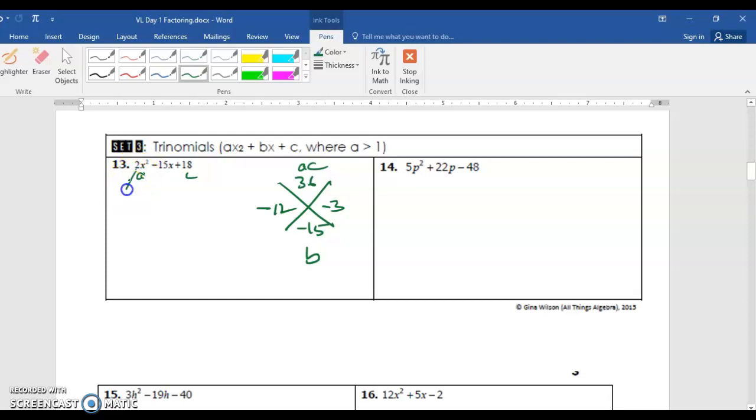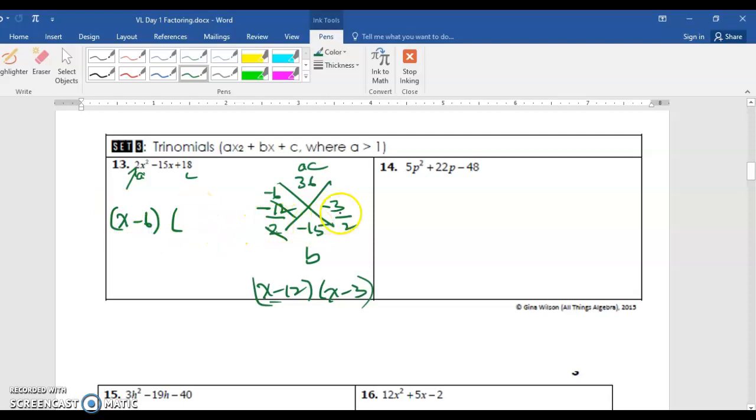So divide each of these by that a, okay? And when you divide, why should we do that? If I just straight out say x minus 12 times x minus 3, for example, then if you multiply them back, you should be getting 2x squared, but we are not getting 2x squared, but just x squared. So that's the reason why you have to take care of that 2 here. So divide by 2 each of them and reduce them to fractions. This is a negative 6 and this remains because it doesn't get reduced. So straight out write negative 6 as x minus 6